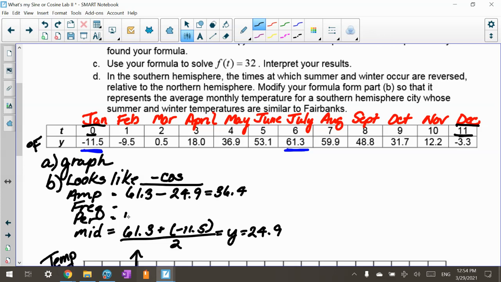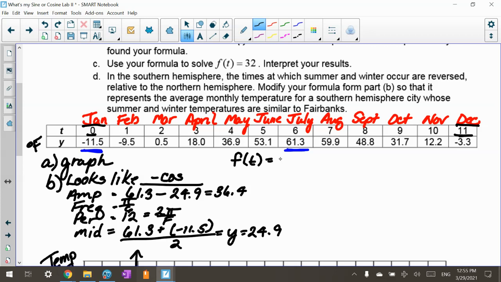My period is 12 months, even though it's 0 through 11, equals 2 pi over my frequency. Solve for my frequency, so that's 2 pi over 12 or pi over 6. So already I know my equation here. They're using f of t, but I'll say f of t, so the temperature is going to equal